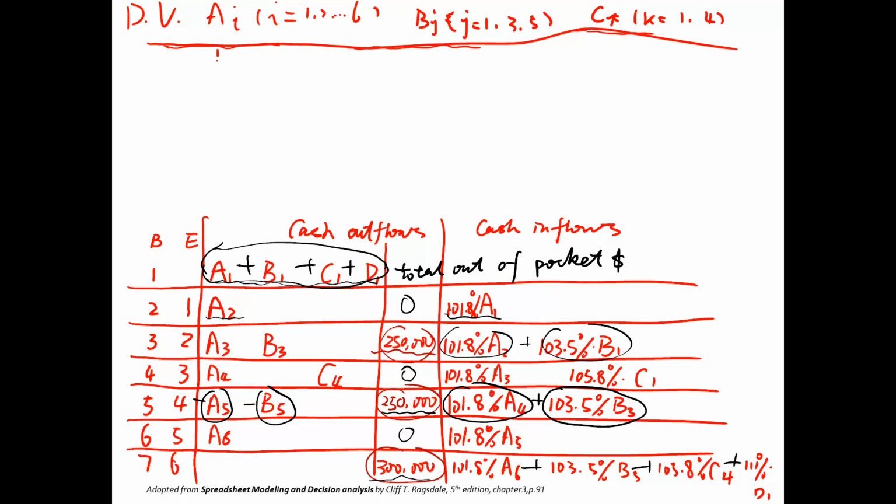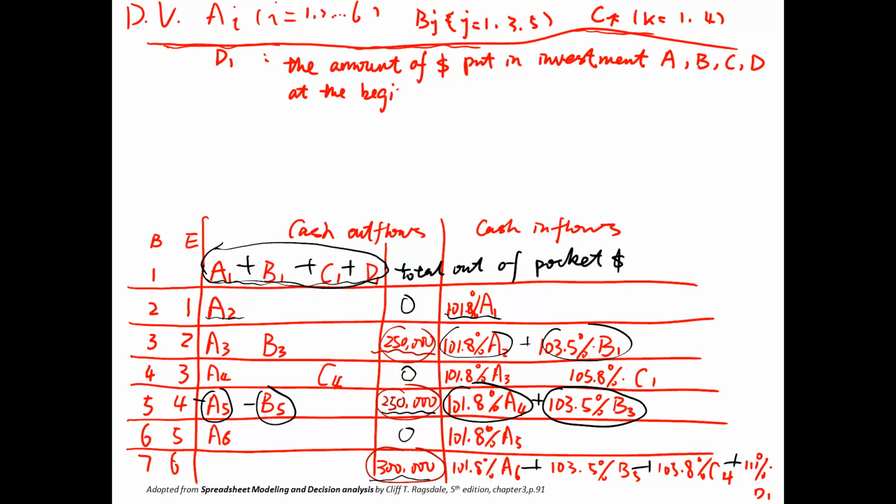And D_1 represents the amount of dollars invested in investment A, B, C, D. That's the definition of our decision variables,